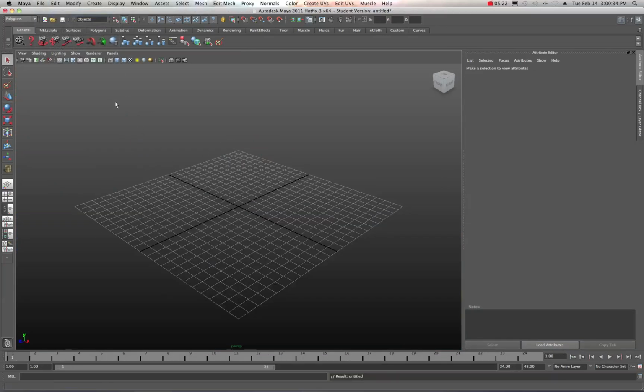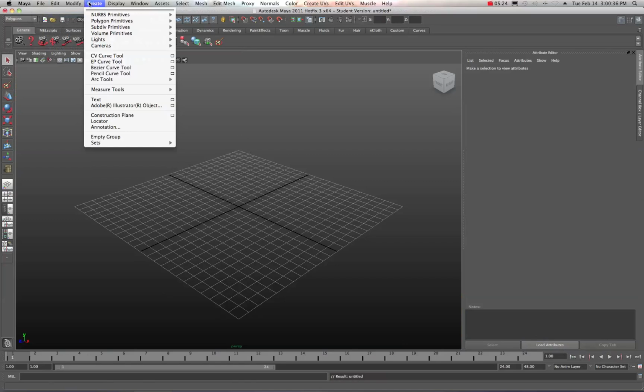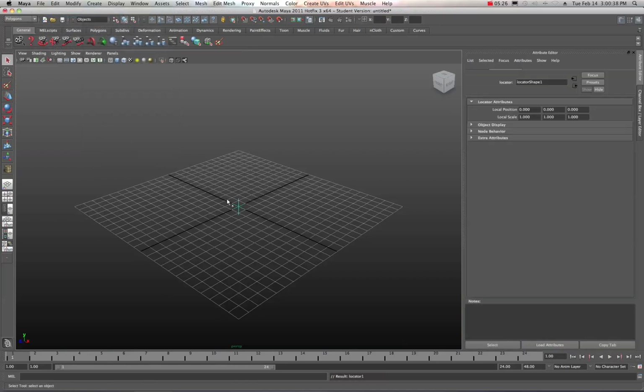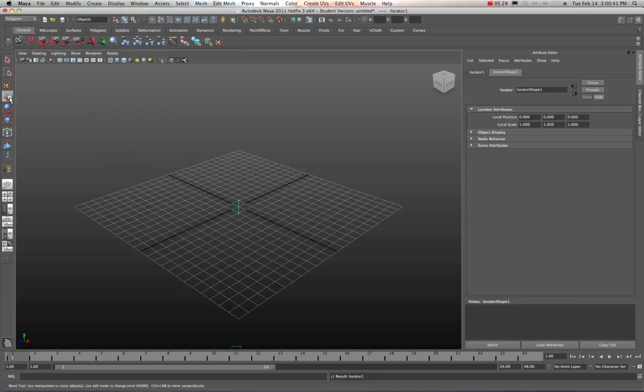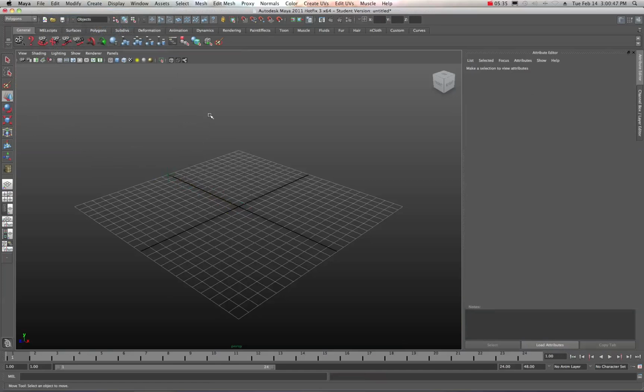And basically, let's start with a locator. I'm going to click on locator, and there it is. This is simply an object that is going to sort of be a goal ultimately, because what we're going to do is come up here and make sure you're in your nDynamics menu set right here,